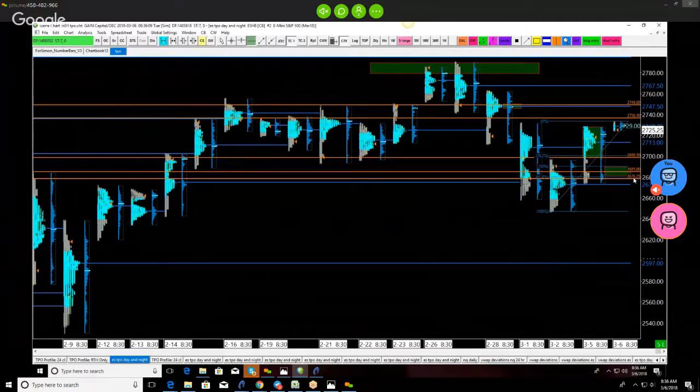2685 to 2678, right? So even if I get down here, I've got to beat this, and I'm likely to get responsive buyers out of here. I really don't want to test out down into here at all if I'm bullish, right? Because that would get me back underneath this value area over here to the left. But if I do get in here, I want to make sure that I'm prepared to get long.